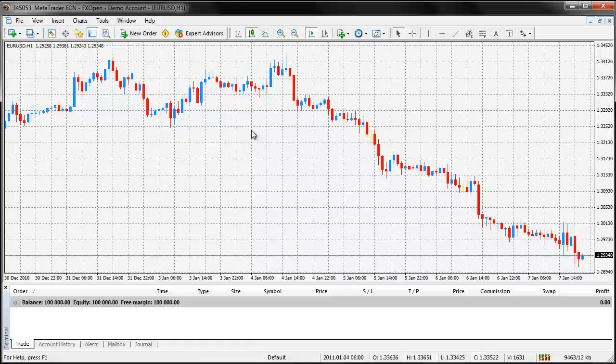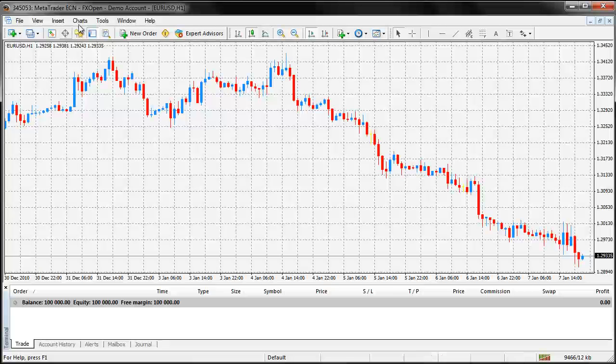Well, when you download the MT4 MetaQuotes platform for the first time, the data that you receive is just default data. It derives from the MetaQuotes platform itself. It doesn't come from places like FXCM or FX Pro or FX Open or anyone like that. So what you need to do